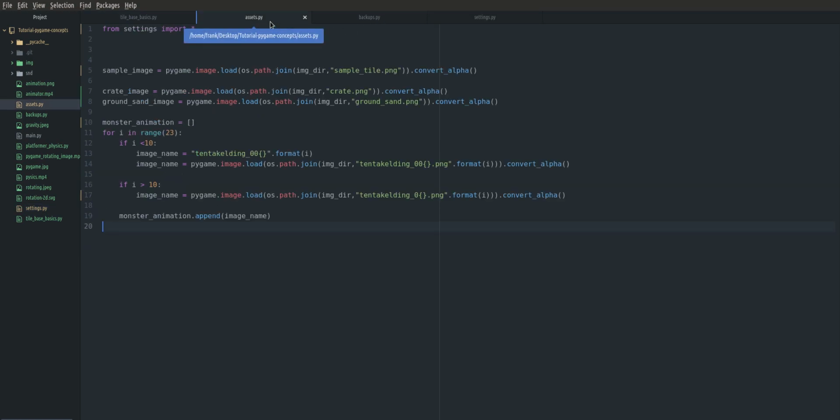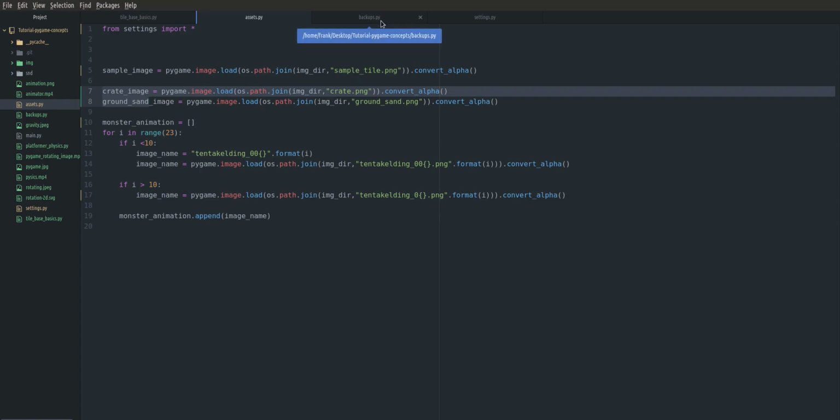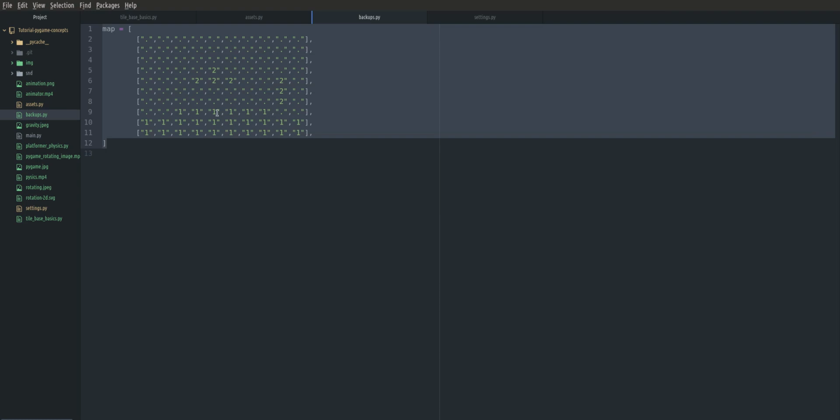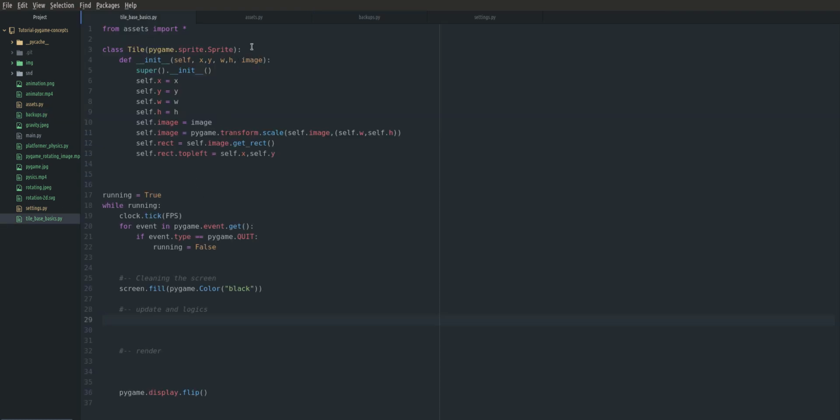And in the assets I have 2 more images which we are using in this episode, and we are not going to do anything with this monster image. This is from the previous episode. And in my backup I created this two-dimensional list. I will copy and paste it in my assets,